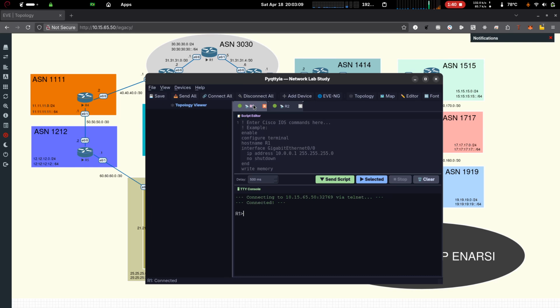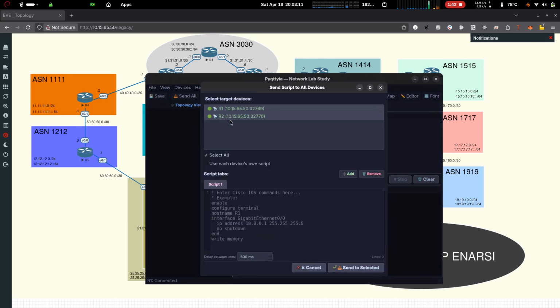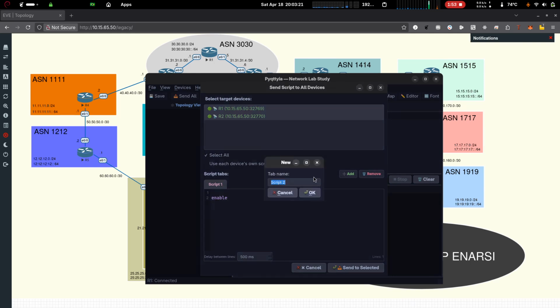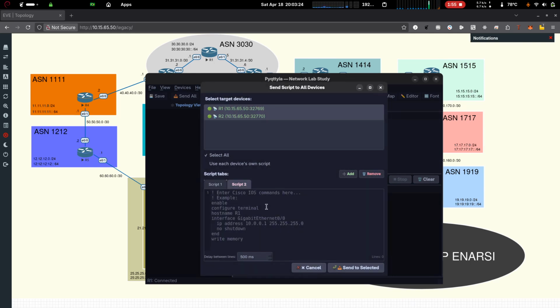When I press send all, I can write the script here and enable, for example, in this first script. I add another script, I'll put a show IP route here.